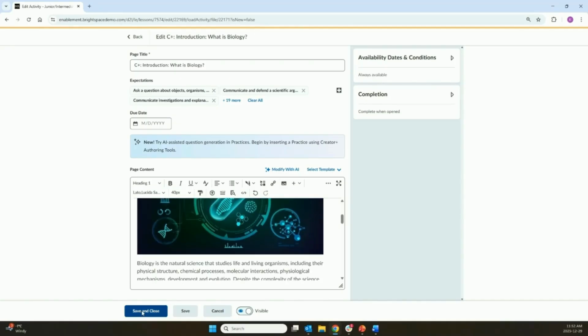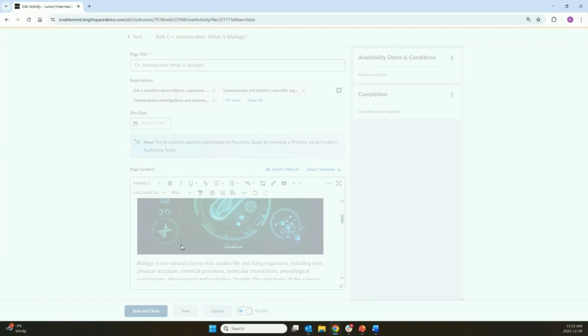So the accessibility checker is amazing because it does not require any extra tools or software. It's right within the Brightspace editor. It helps you as the teacher to meet all of the accessibility standards in creating HTML files, and you can catch errors early while the content is being created, not after students have struggled with the material. And also, it just really allows you to provide for your students' needs, especially those who are using assistive technology